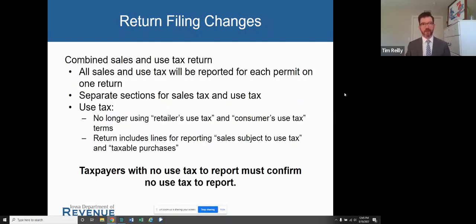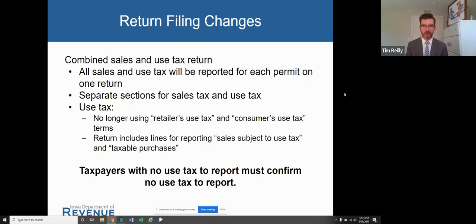So as I mentioned a second ago, in addition to combining the permits, there's now just one return. So every taxpayer, assume a taxpayer has one permit, will report all sales tax and all use tax on that one return.